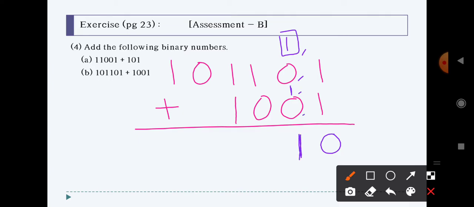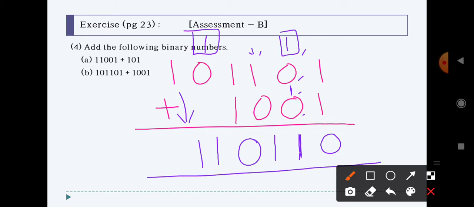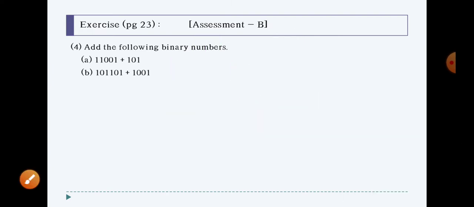Fine. After that we have this portion. So 1 plus 0 will be 1. Again, see, 1 plus 1 we have, so just write down 0 and with a carry of 1 over here. Okay, then again 1 plus 0 is going to give you 1, and we are having nothing over here, so just drag this one downward, and this is your solution of the addition for binary numbers. Fine, this is the B part. Now the C part you try it out by yourself.